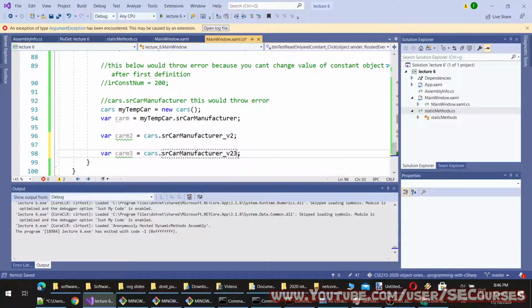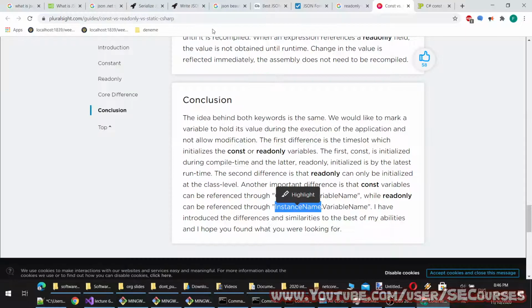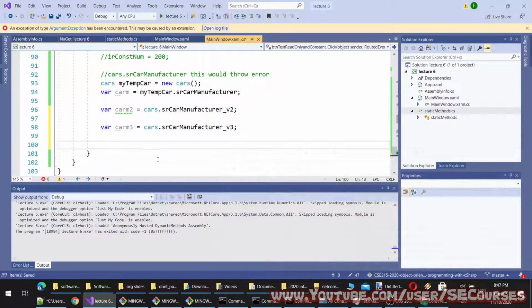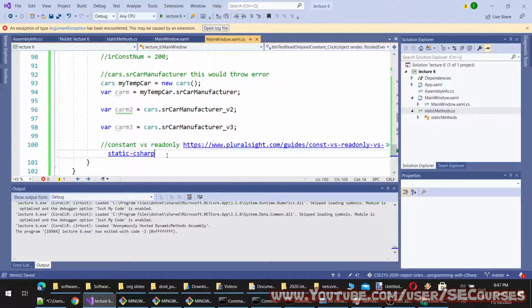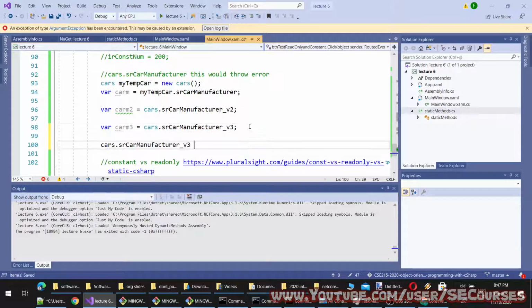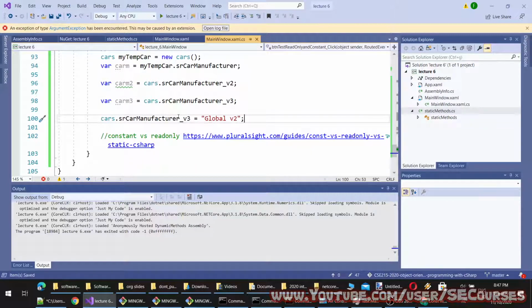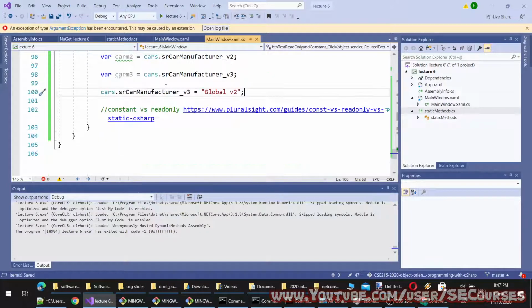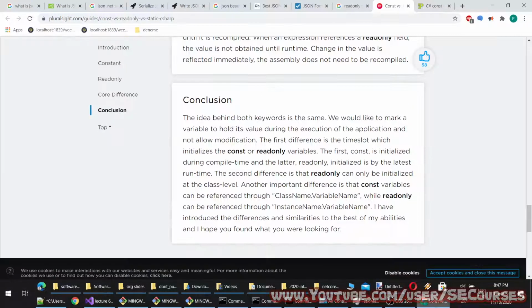Okay, this also works. And I can even change this value like this. Global way too. Because it is static, it will work. However, others will throw error.